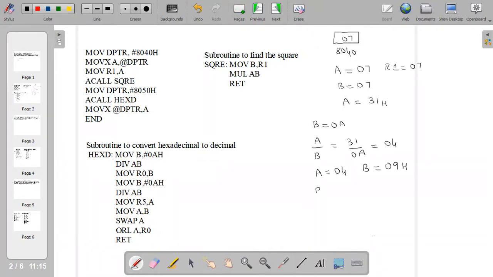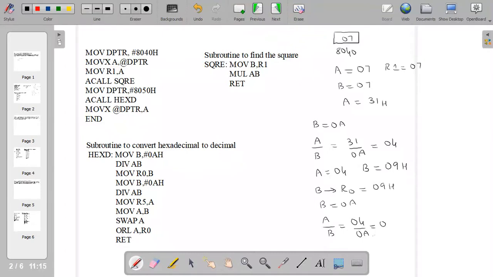Once again B's value is copied to R0, that is R0 is having the 09H value. Then we load the B register with 0A and perform the second division operation. Now we are dividing 04 by 0A, so the answer is 0.